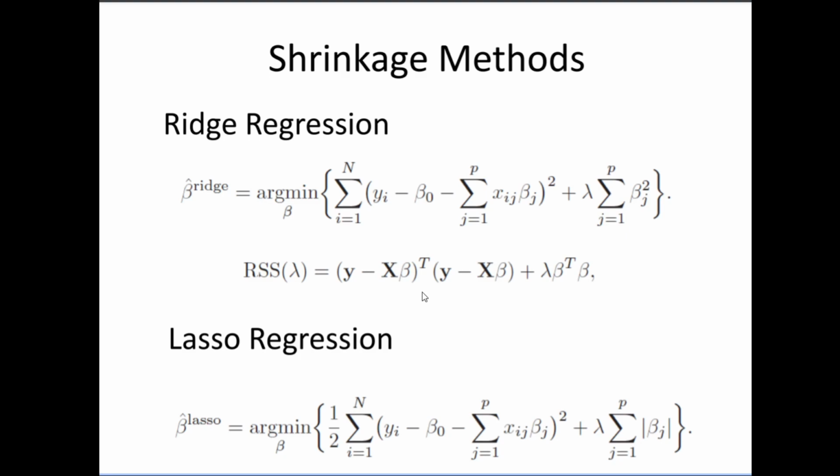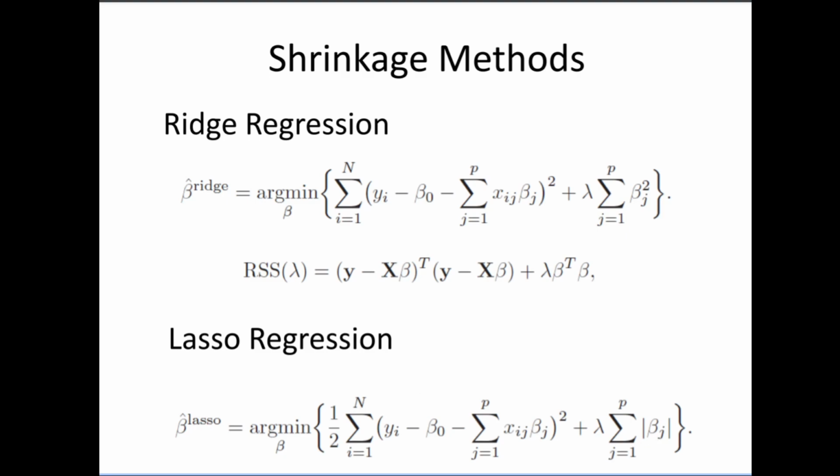Next, we have lasso regression. Only one thing changes here, our penalty. Instead of beta j squared, now we have the absolute value of beta j. Now, what does this allow us to do? This means that now your beta j can become 0. So lasso regression is very much recommended when you're trying to do feature selection, because if some of your variables are not very good for your prediction, those will be thrown out by lasso regression.